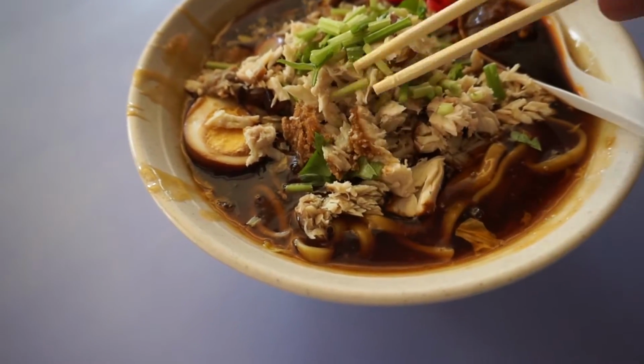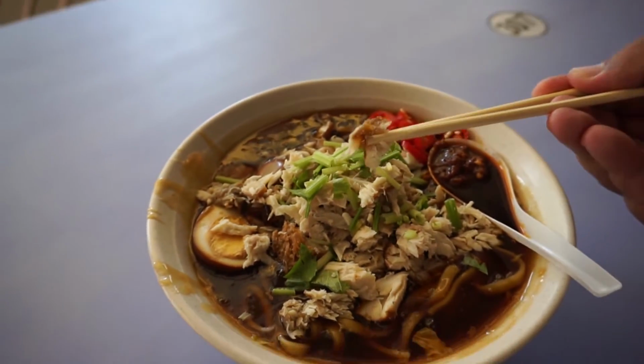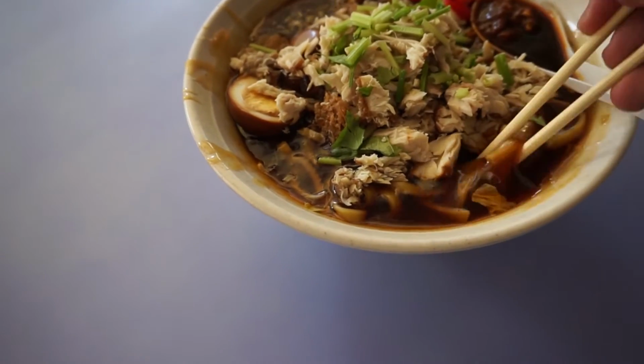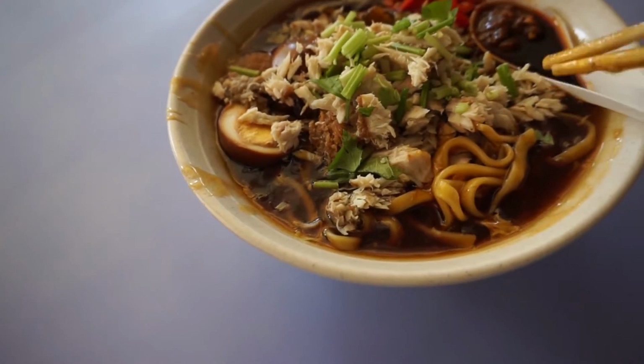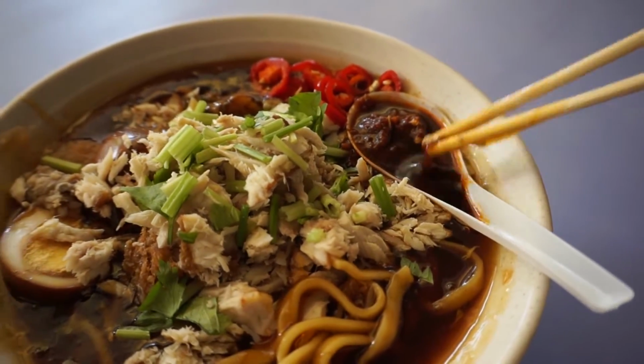Yeah, this is the fish pieces I told you about earlier. Then you have the sambal chili and vinegar cut chilies, and look at the flat yellow noodles. Oh yeah, look at that. And then they also have some braised pork belly in it,